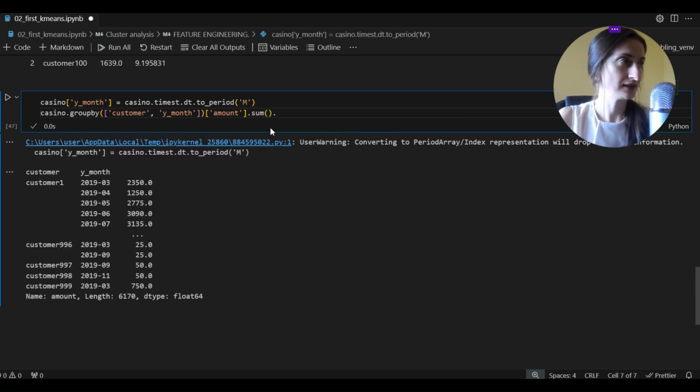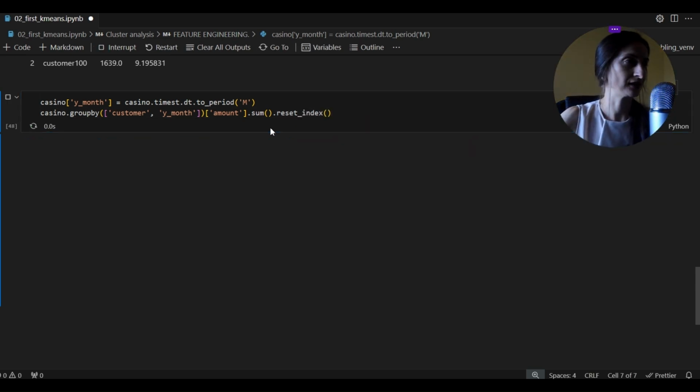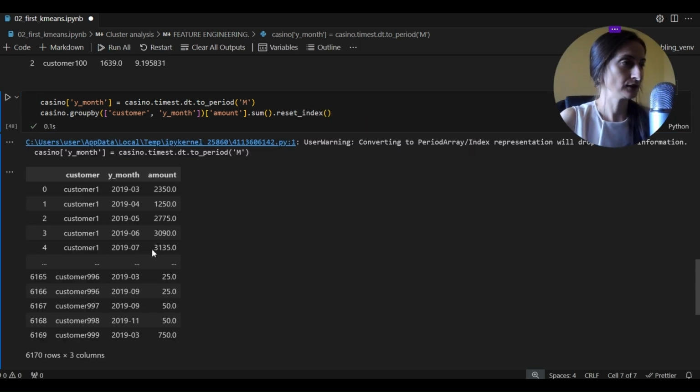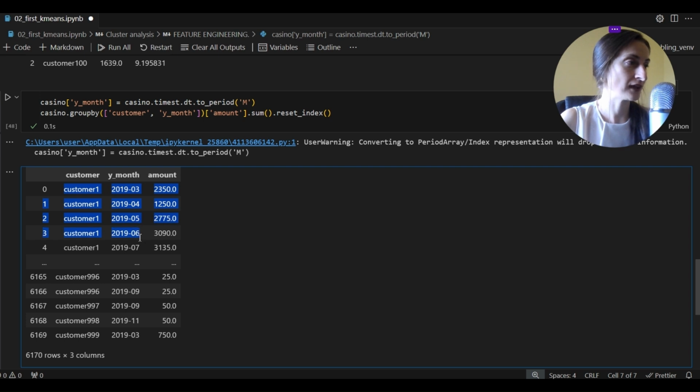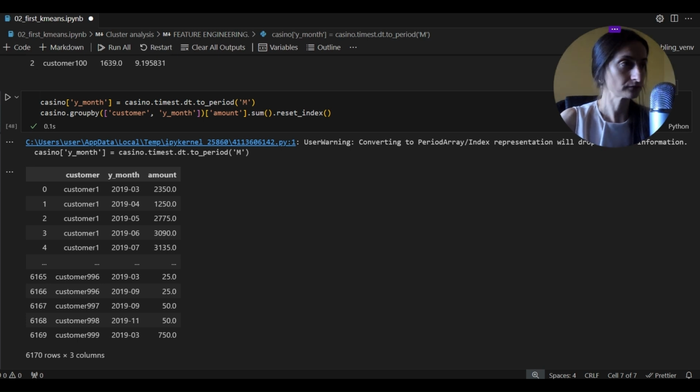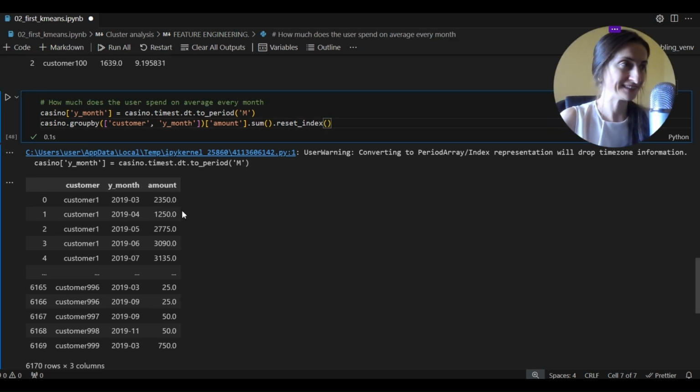This is the group by element, and now we are going to reset the index to have everything very nicely looking. And we can see here that for customer 1, in each one of the months we have the total amount that was deposited on the platform. So now what we need to do in order to calculate the average amount,